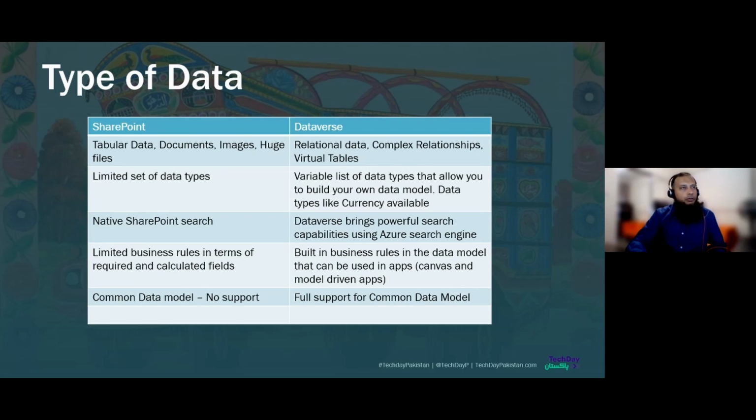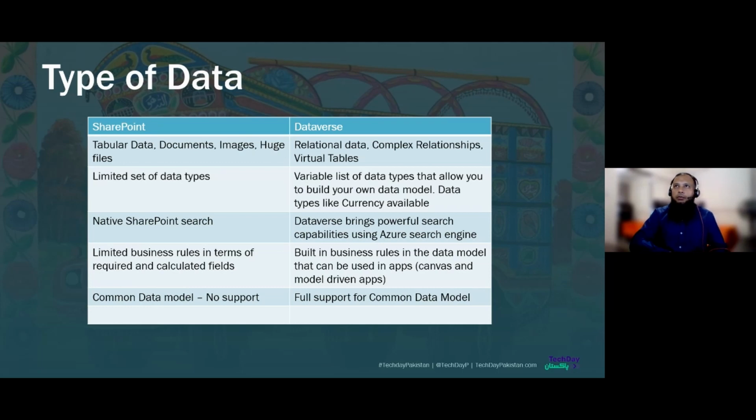limitation with SharePoint when we are talking about relational data. So SharePoint doesn't support it. It does support in a way, but it is not purely, naturally a relational database. So you have to do some workarounds. You have to create some custom different lists or a middle list where you can store the many-to-many relationships and all those things. You have to use lookup columns to manage the relations, but then again, it's not purely